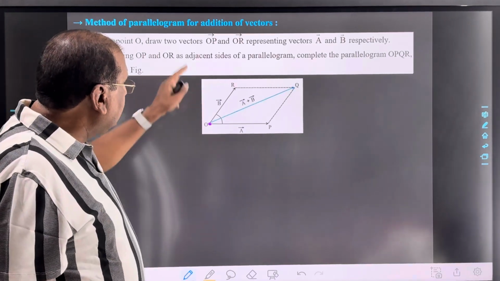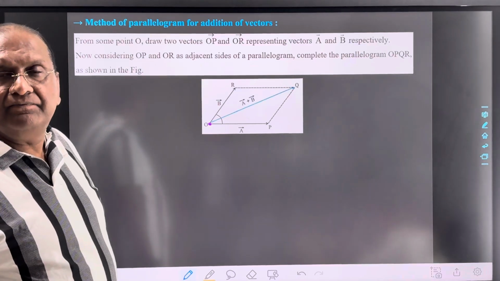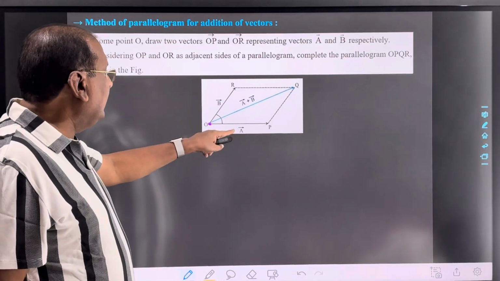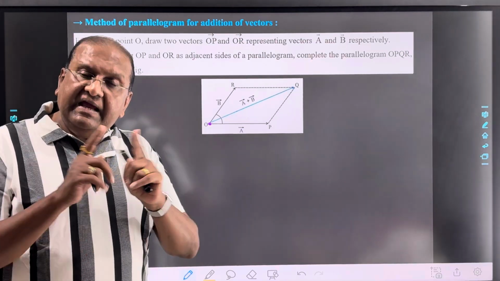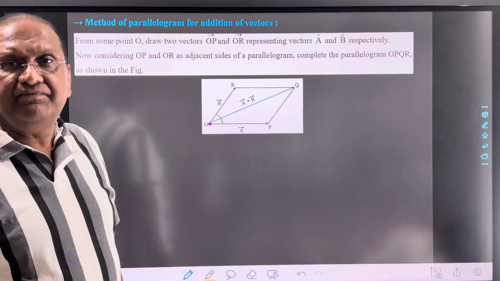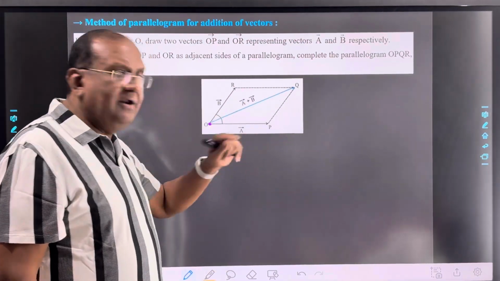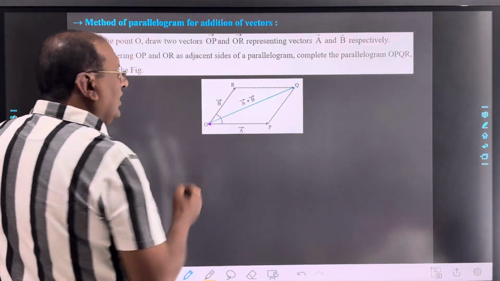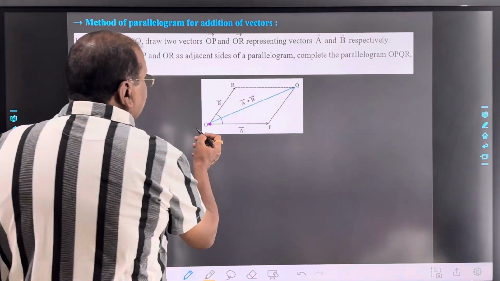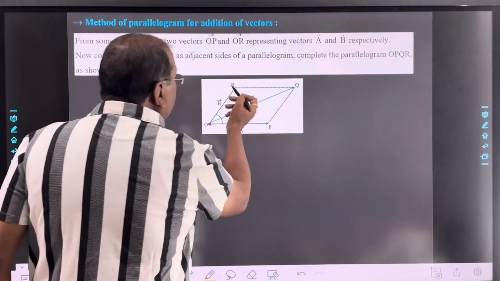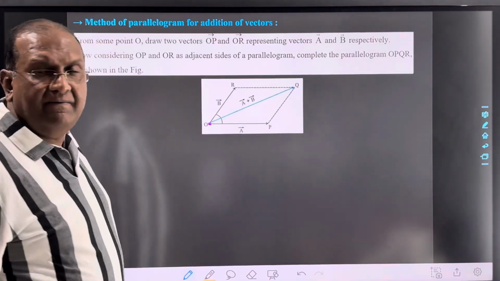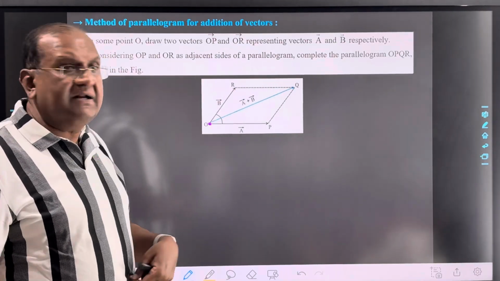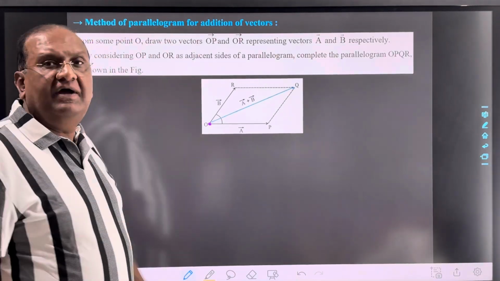So we can say vector OR, that is vector B. Now what we have to do? By considering these two vectors A and B as two adjacent sides, prepare a parallelogram as shown in the figure. So here, by considering this OP and OR, two adjacent sides, the parallelogram OPQR is prepared. And see here, this parallelogram is prepared, therefore it is known as method of parallelogram for